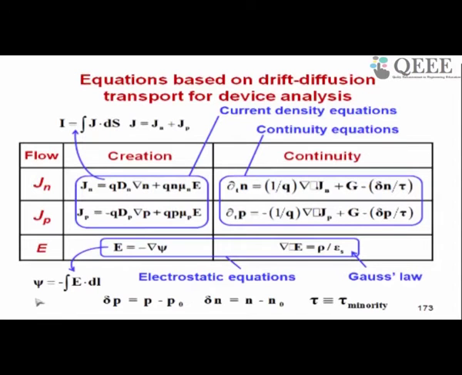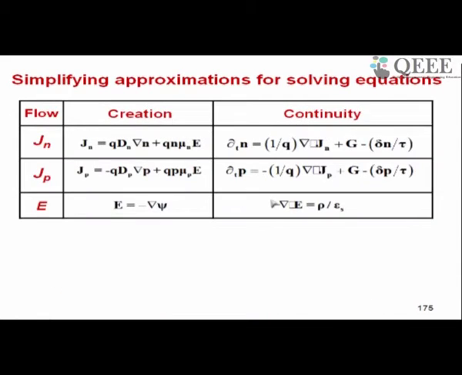Now there are too many equations and too many terms in the equations. Normally in any given situation, all terms will not be present. So we make a lot of approximations and simplify these equations. Some of the approximations are shown here. Under equilibrium, Jn and Jp, these two left hand side terms become 0. G here becomes 0 in continuity equation, delta n and delta p, excess carrier concentration, also becomes 0. So you can see that continuity equations need not be used at all in equilibrium, and the left hand side is 0. So that is how simplifications happen.